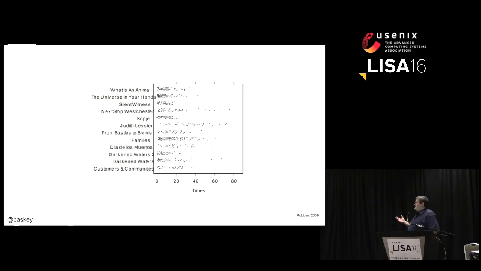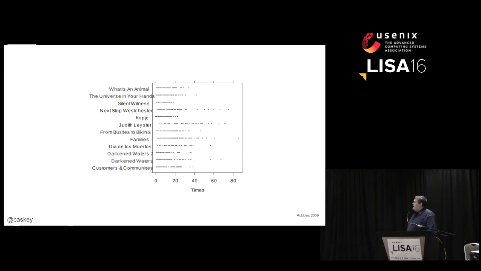This can be a very useful thing when you have graphs where I can't really tell you anything about the low end of just about every single one of those. I do know that it looks like families and next stop Worcestershire are way out there at the high popular end, but I can't really say anything meaningful about that.